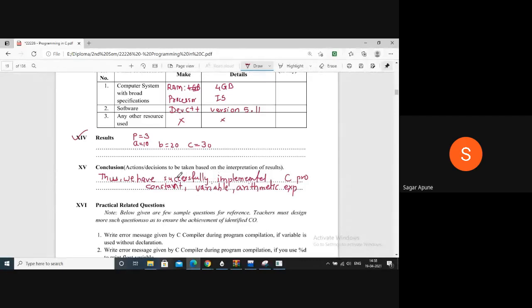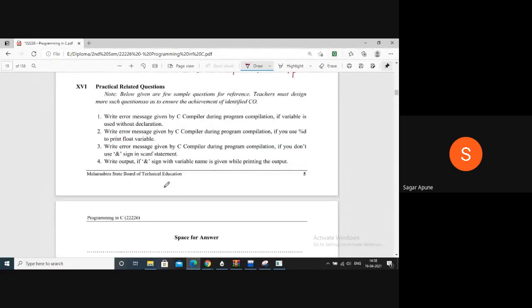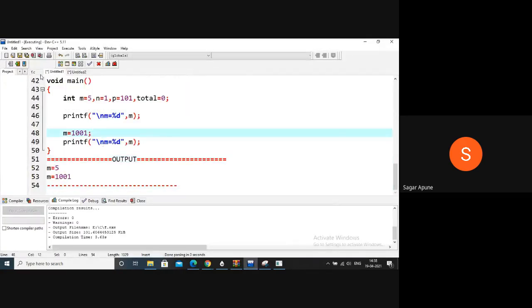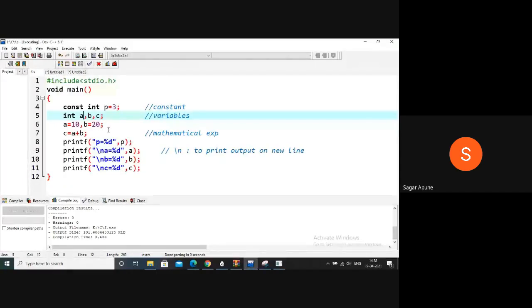Okay, now a practical related question. Write the error message given by the C compiler during program compilation if a variable is used without declaration. Meaning of the question is, suppose here A is equal to 10 is assigned as the value for A. Suppose I cancel this A from here.